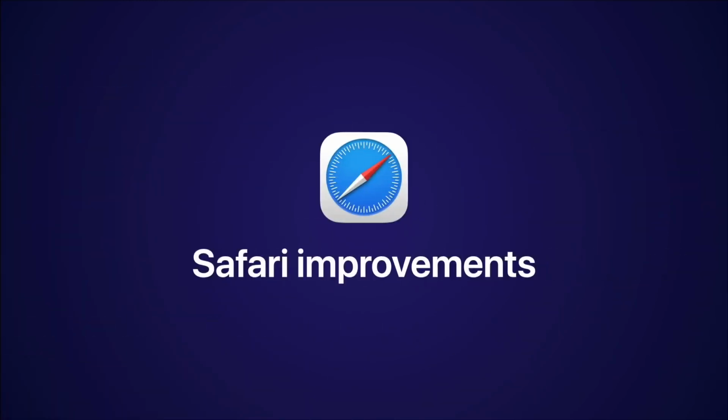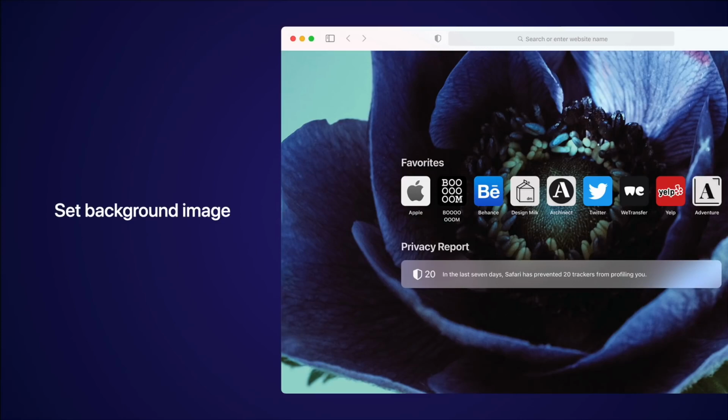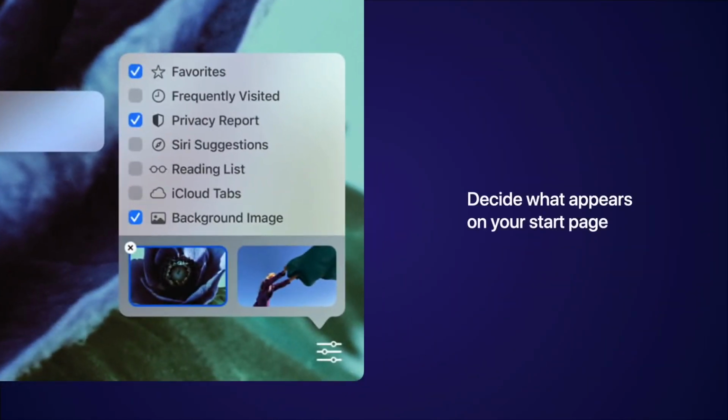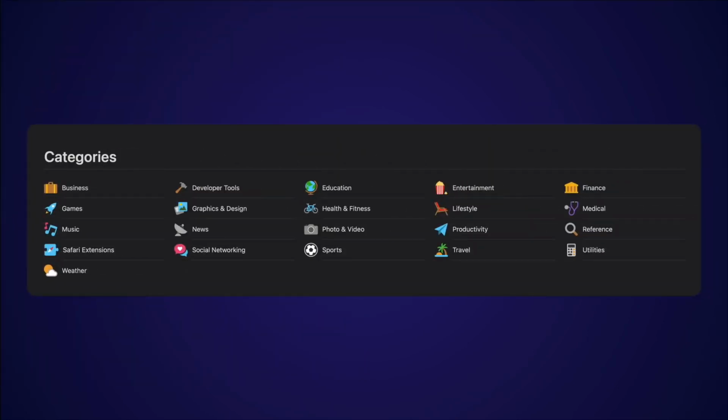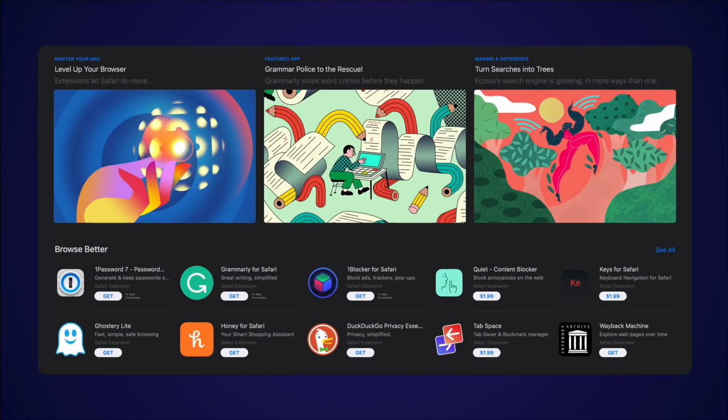Next, let's talk about all the improvements to Safari. For the first time ever, Big Sur users can set a background image for their Safari start page, but that's not all. You can also decide what information appears, like your most frequently visited sites, Siri suggestions, and iCloud tabs. There's also a new category in the Mac App Store called Safari Extensions, which provides an improved experience when browsing